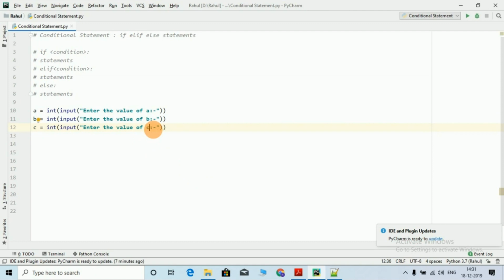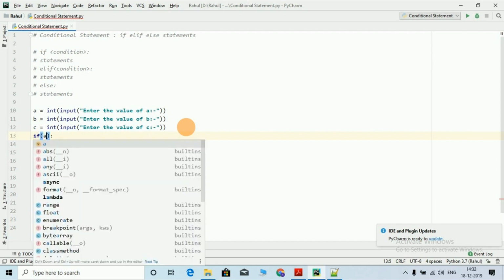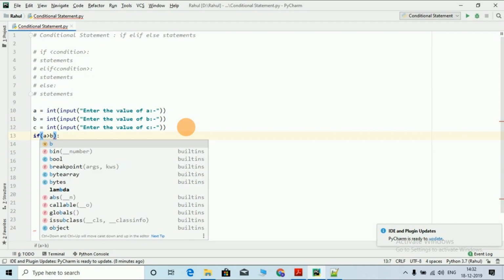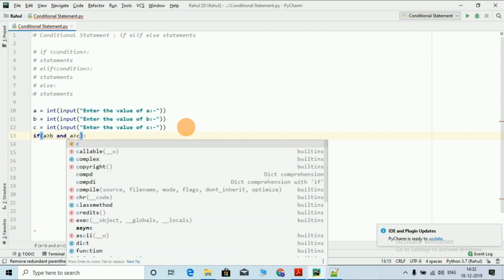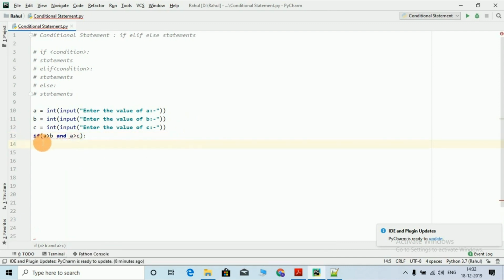Okay, we'll get 3 different inputs from the user, and what we will do is keep the condition here, right? What condition do we need to make? If, as per syntax, and colon. Here our logical expression will come. So what I need to check: a is greater than b, and also a is greater than c, right? If a is greater than b and a is greater than c,